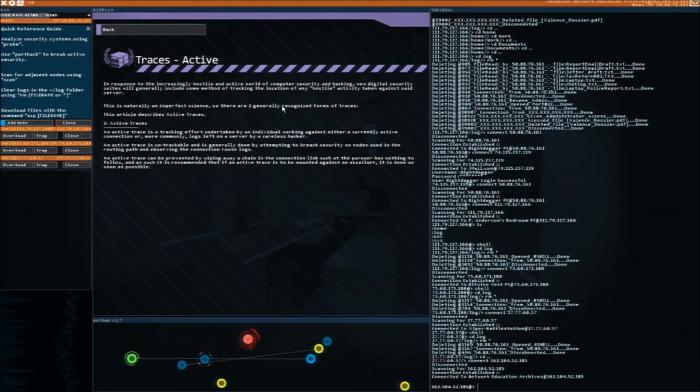Active tracer. An active trace is a tracking effort, blah, blah, blah. An active trace is untrackable and is generally done by attempting to breach security on nodes used. It can be prevented by wiping away a chain in the connection link so that the pursuer has nothing to follow. And it is recommended that if an active trace has been mounted against an assailant, it is done as soon as possible. Now see, this is backwards from